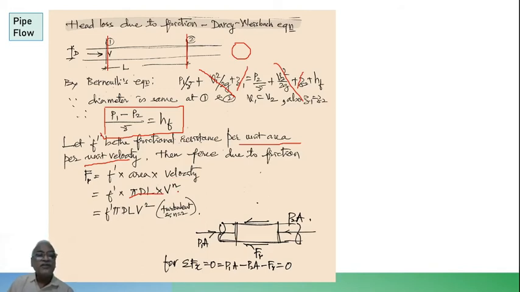And then the velocity is v, and it is raised to n, because if it is a turbulent flow, you got n is equal to 2. If it is a laminar flow, it will be almost equal to 1, right. So frictional force of resistance is F dash pi dl v squared. Okay. Now the same thing is shown as